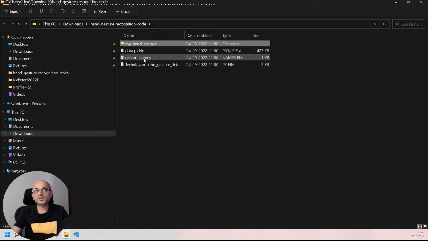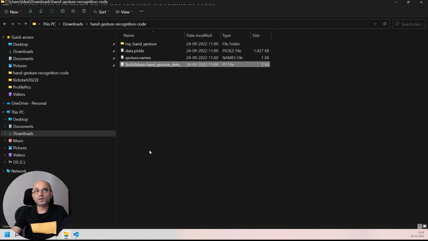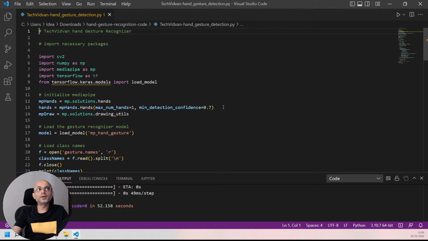And note that the gesture names file has the list of all the gestures that will be mapped by the model. And if you invoke this Tech with One Python file, in my case I'm running that Python file in my Visual Studio Code.